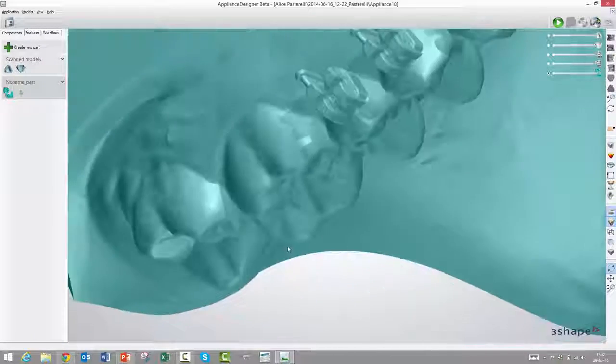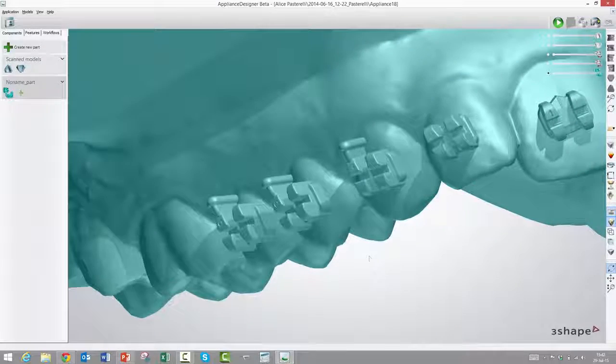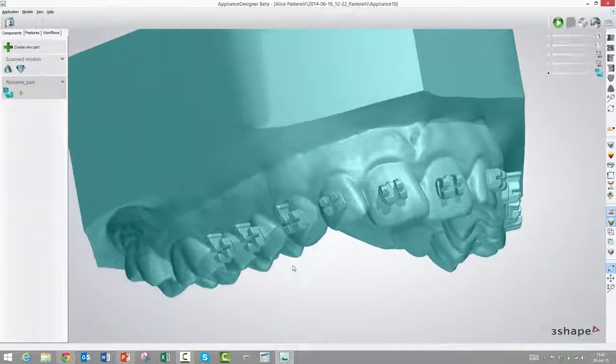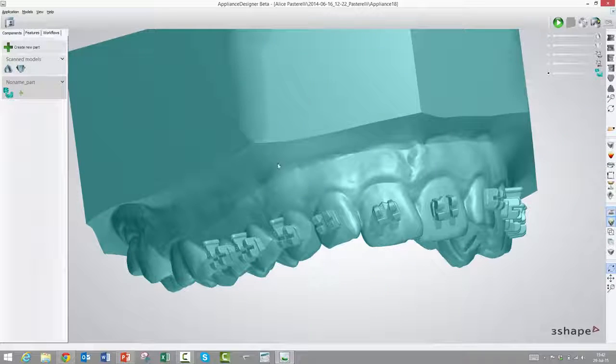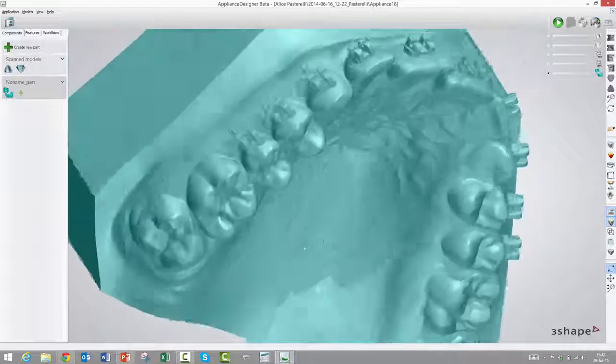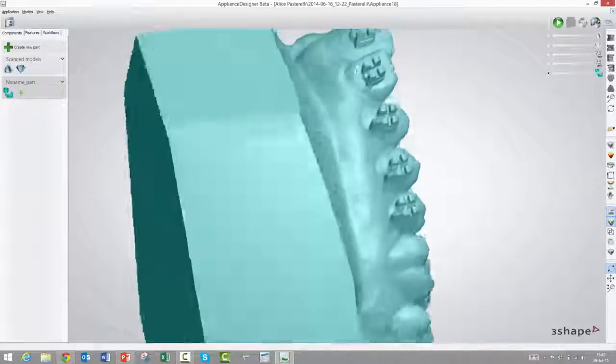The final transfer option we have is directly printed trays. It would be really cool if you didn't have to, first of all, print this entire model. You use a lot of material and time on that, and then you had to vacuum press a tray on top of this and then spend the time to cut it out afterwards. It would be really cool if we could print the transfer trays directly.